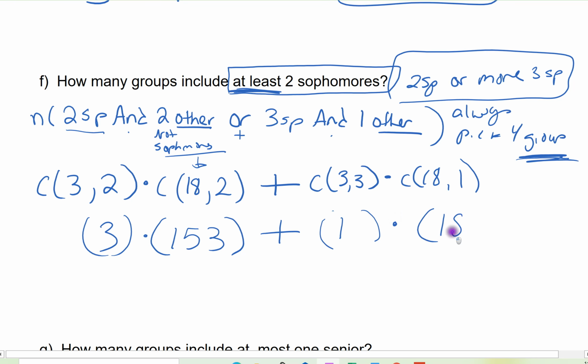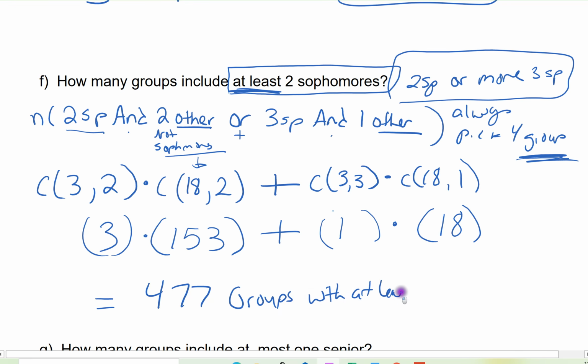And 1 of the 18 that are not. Remember, if I pick 1, it's always the total, right? There's 1 out of 18, so I had 18 choices to fill out that last spot. Alright, so I take 3 times 153, add 18 to it, and that'll give me my final answer. So 3 times 153 plus 18 comes out to 477 groups